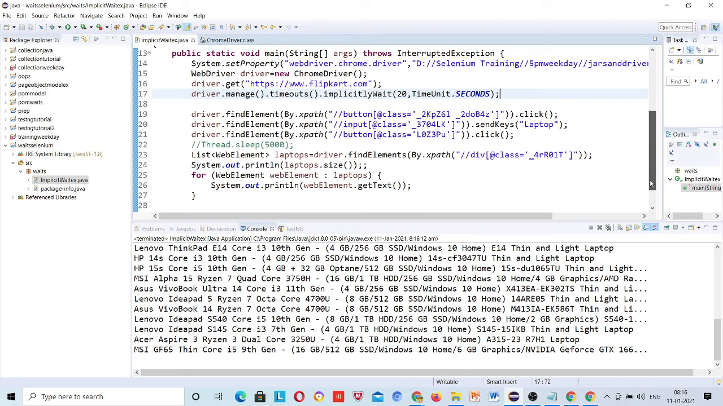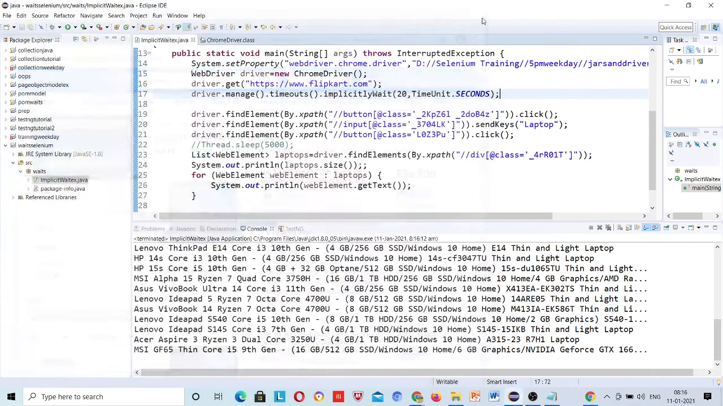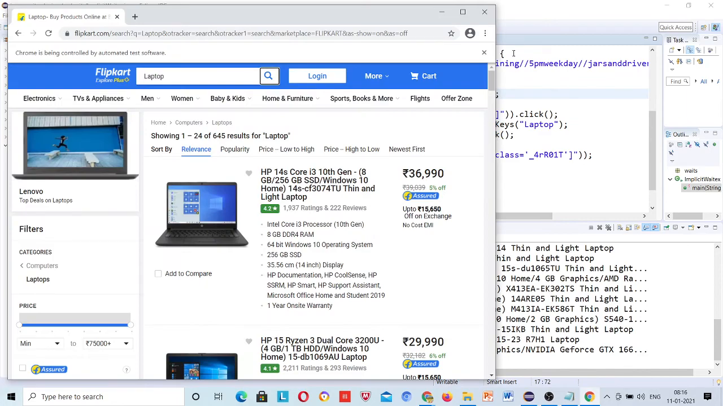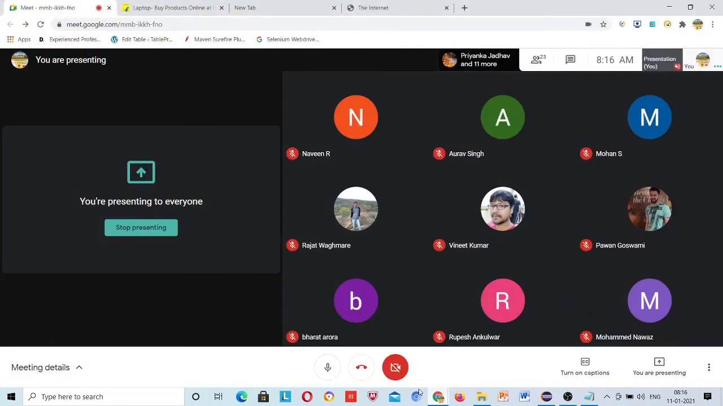Yeah, hello. So why does it not wait 20 seconds? Because we gave time here as 20 seconds. Can you explain once more? See, implicit wait says that if your task is complete, if the DOM is available within 20 seconds, right? So once I clicked and searched laptop here,